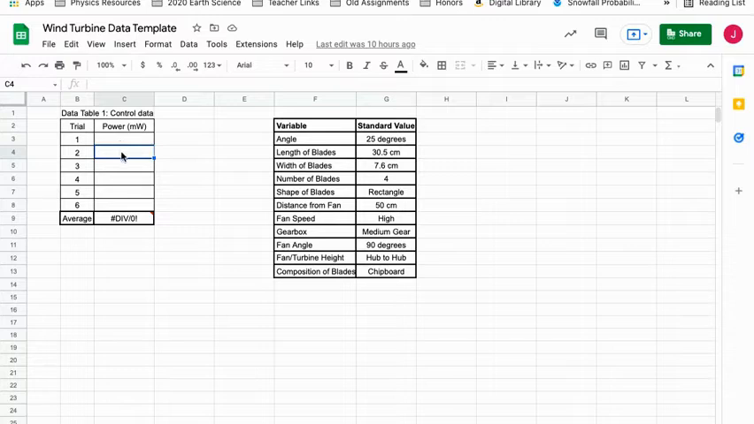As you enter in your data, it will automatically take the average for you right here, and that average will be in milliwatts. Now, we won't go 6 days. I think we'll end up going 5 days, but every day you will take the control data, and then we'll have an average of your control over that time. This is all of